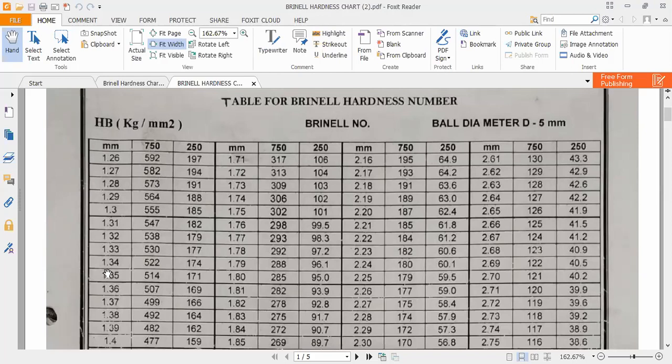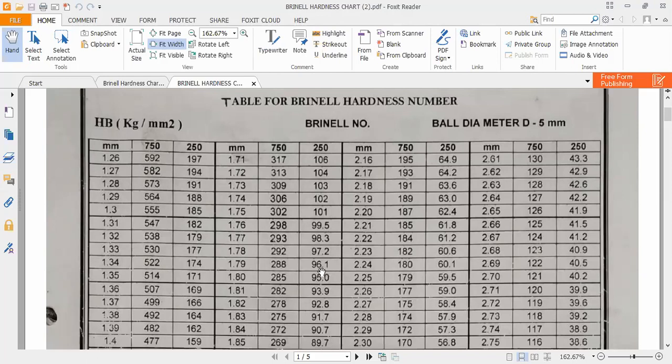Let's see, with less load and the same diameter here, hardness is less, 175. It means you are applying only 250 kg load. There the hardness is much less, by almost one third. For the same, much less load of 250, you are getting 96 hardness.